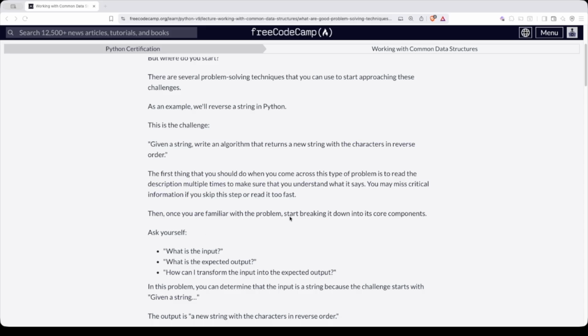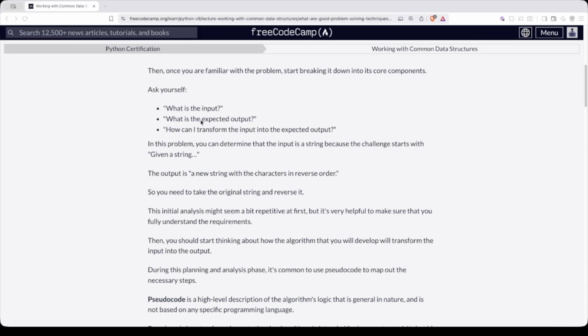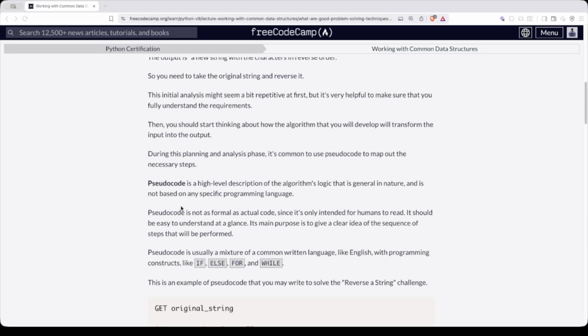Then once you're familiar with the problem, start breaking it down into its core components. Ask yourself, what is the input? What is the expected output? How can I transform the input into the expected output? In this problem, you can determine that the input is a string because the challenge starts with given a string. The output is a new string with the characters in reverse order. So we need to take the original string and reverse it. This initial analysis might seem a bit too repetitive at first, but it's very helpful to make sure that you